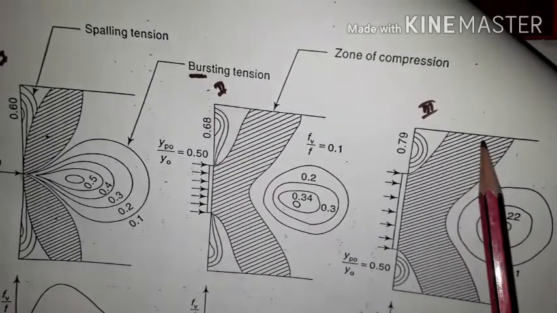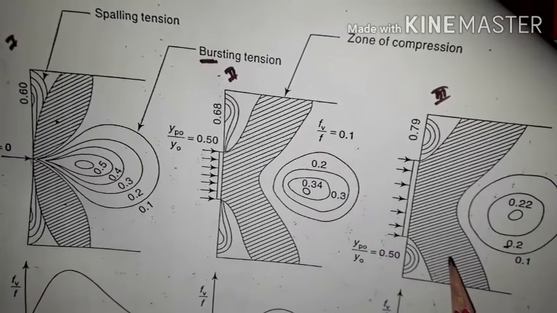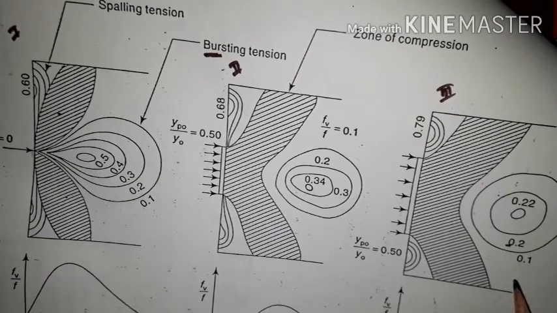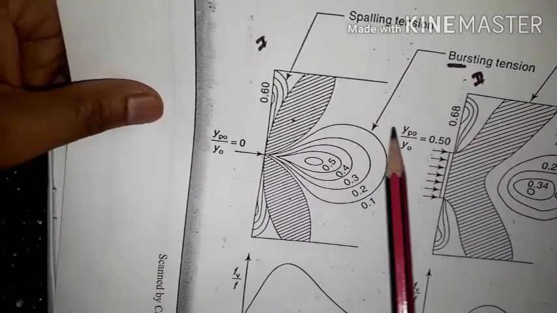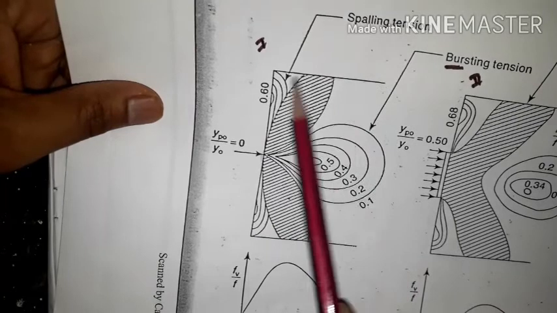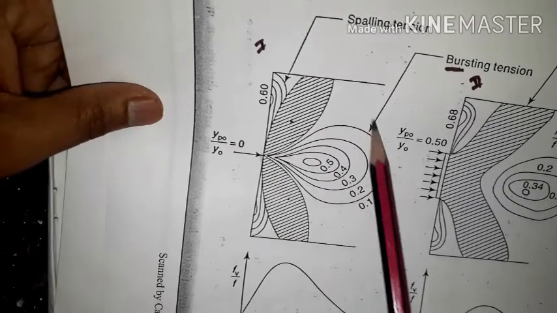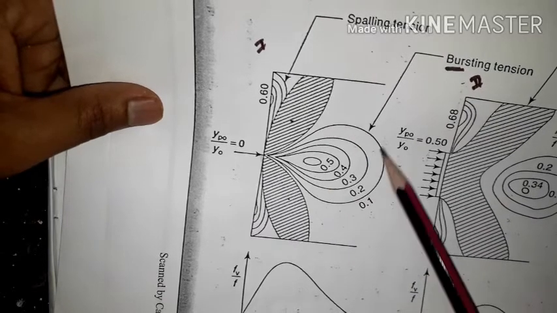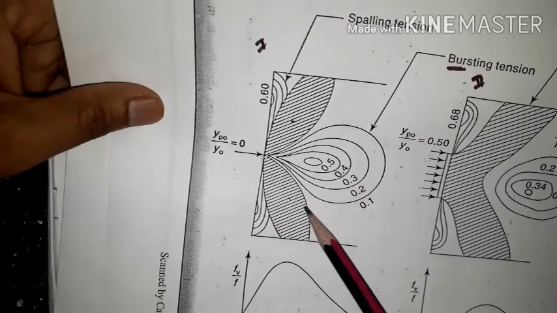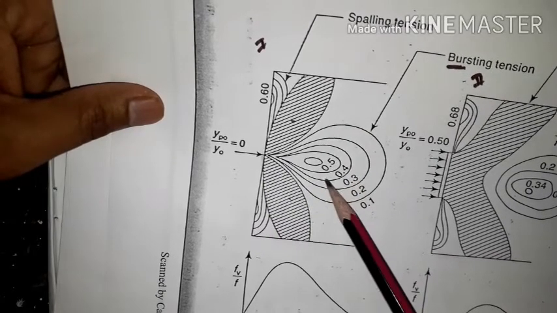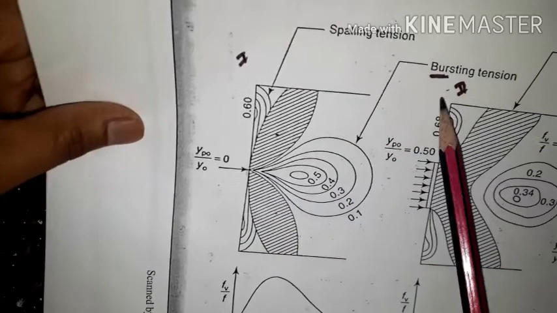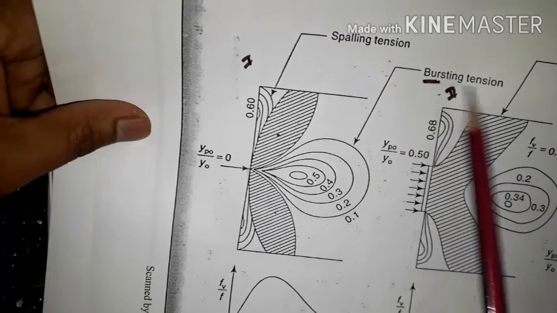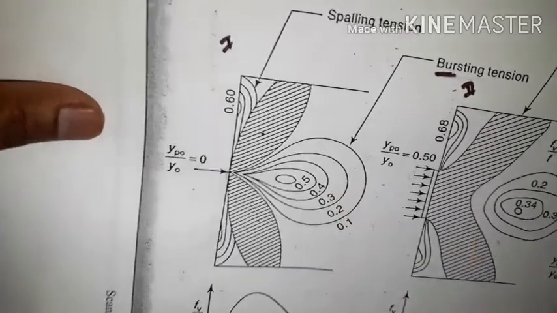But compression is there, and we don't have to worry about compression because concrete is strong in compression. For the first stage, this stage is very important. Whatever tension is developed here, for this tension we have to design special or adequate reinforcement to resist it, otherwise it will try to burst the concrete. That's what is called bursting tension. The bursting force will develop in the concrete. So this is regarding the last session.